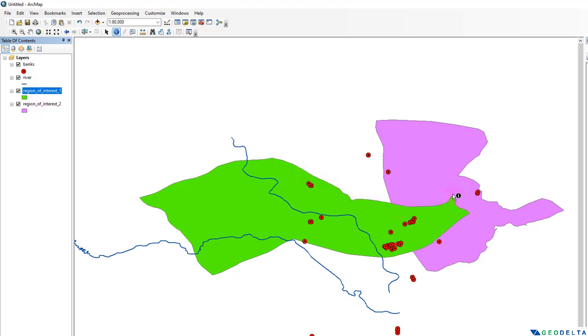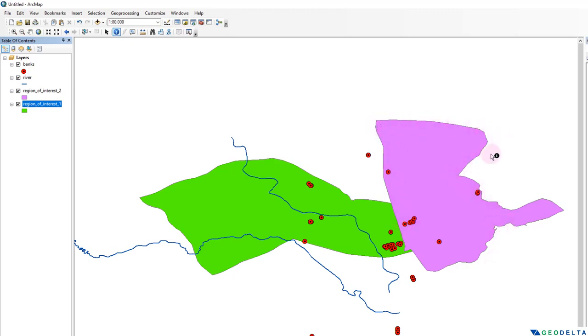you can see that this layer extends all the way up until here, which I couldn't see before because of the order of these layers. What I'm going to do is put this layer back below this region of interest 2, which means this region of interest 2 will come on top of this region of interest 1. And one smart way to actually know the extent of the region of interest 1 is by getting rid of the fill color of this region of interest 2,